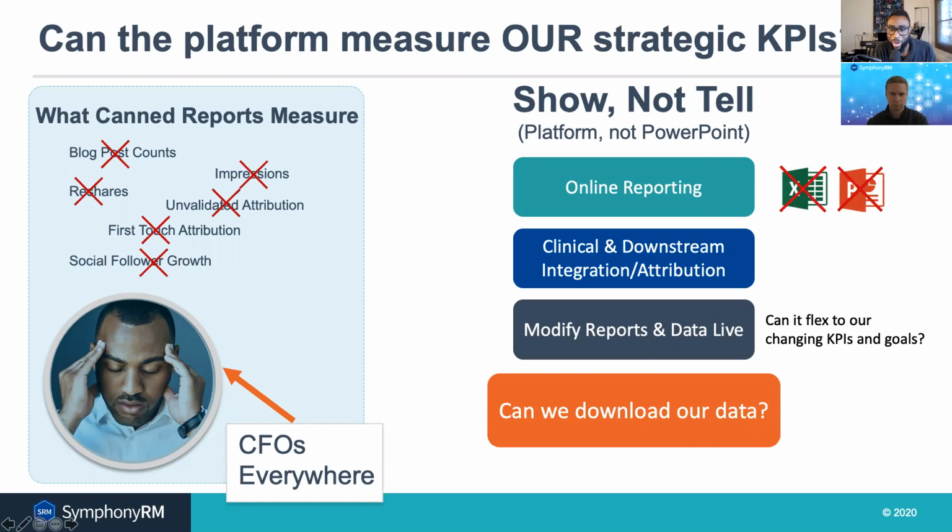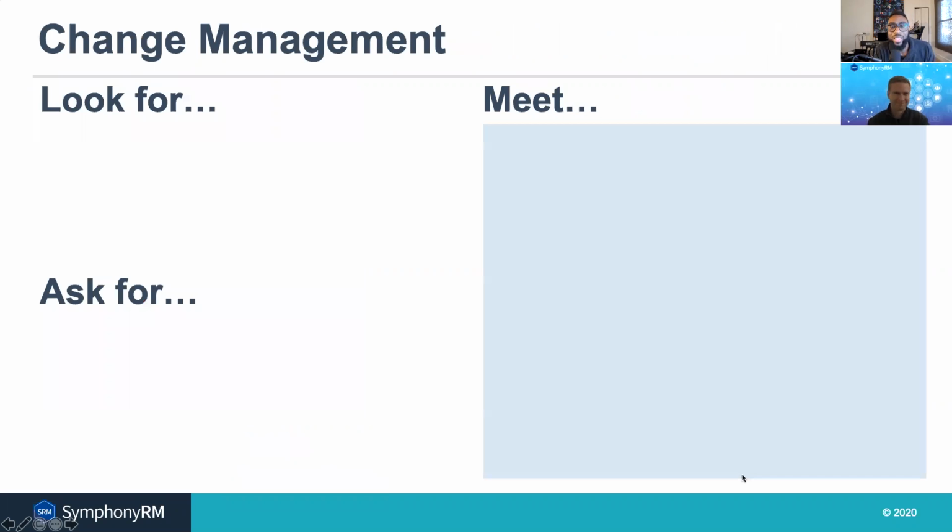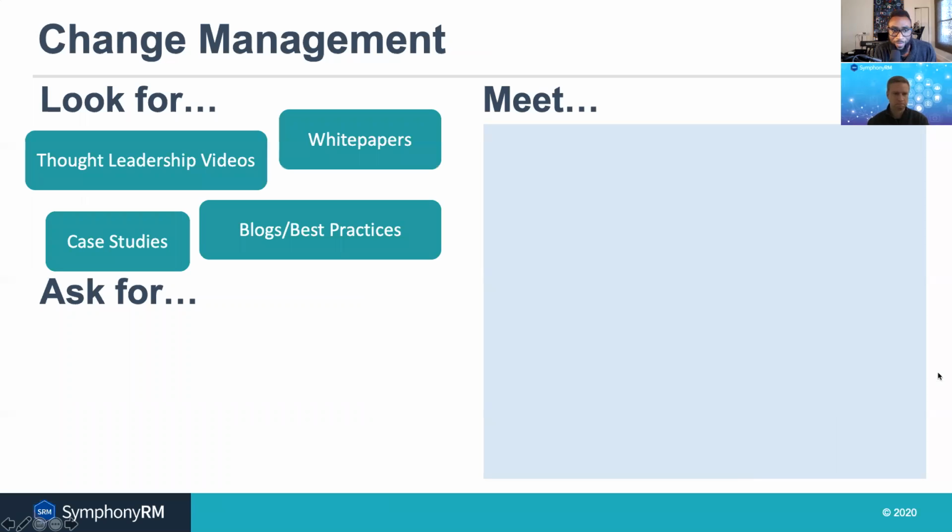So Microsoft, I'm sorry. The next part, change management. This is tough because it involves questions about who the people are, who the people you're going to be allied with are. So outside of that, before any kind of evaluation, some things to look for are white papers. What are they putting out as far as suggestions for best practices? How are they tracking that stuff? Are they giving you a data-driven way? Does it seem like their team operates in a data-driven way when it comes to identifying best practices for the engagement metrics that you're trying to meet?